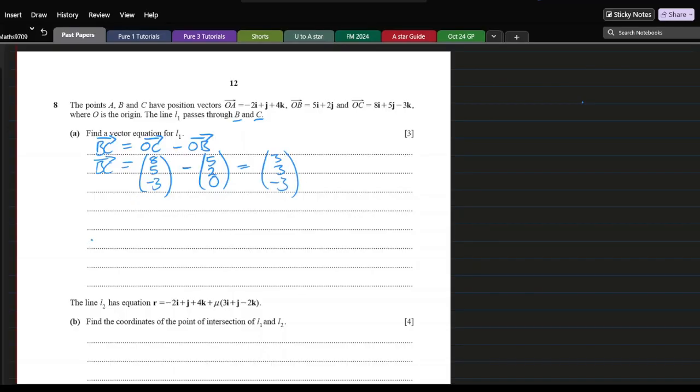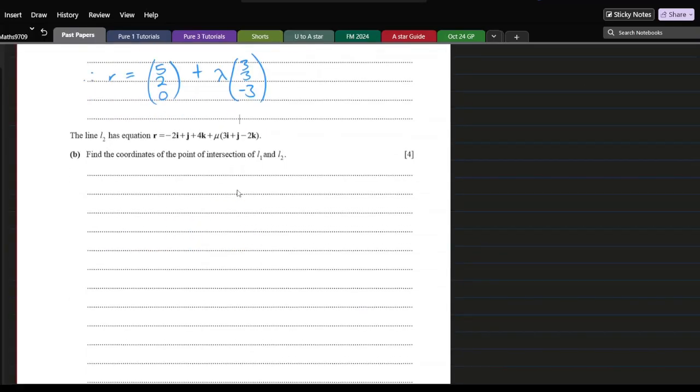So we can say that therefore the equation for L1 is r is equal to, we need a point on the line, so we can use OB, which is 5, 2, 0, plus lambda, that's our direction vector BC, 3, 3, negative 3,